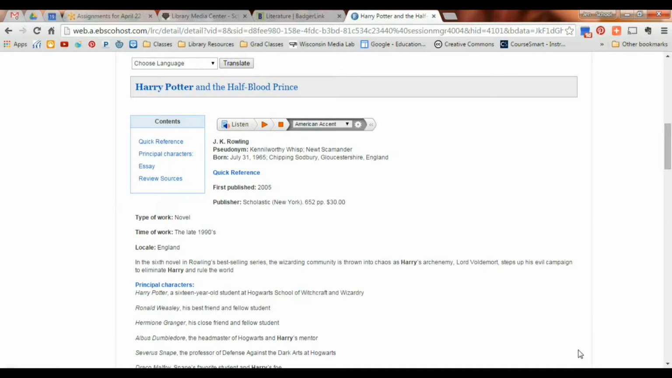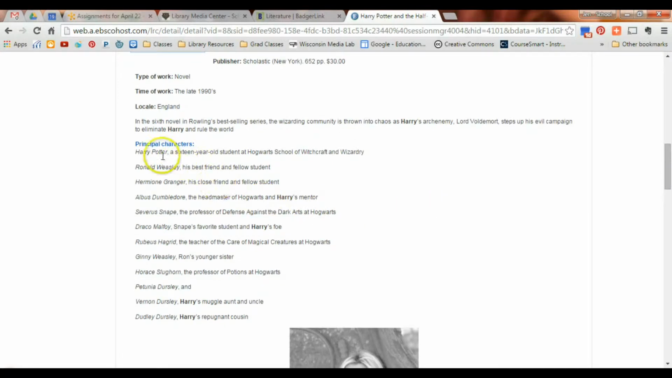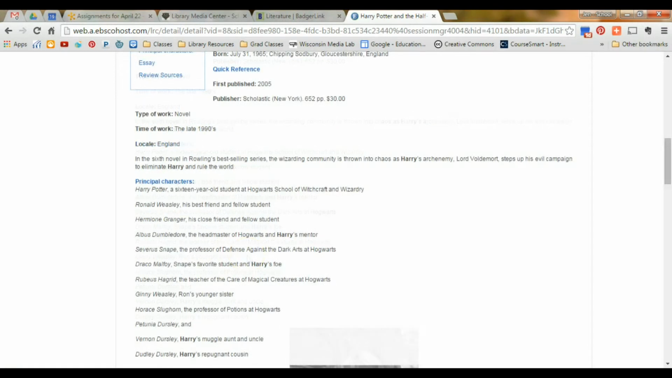Plot summaries can often be used to answer some basic questions about a novel. In this case, I want to know, how old was Harry in the story? Well, if I scroll down and look at the characters here, Harry Potter was a 16-year-old student at Hogwarts School of Witchcraft and Wizardry. Or, what is the name of Ron Weasley's younger sister? So if I keep scrolling and looking through the characters, Ginny Weasley was Ron's younger sister. Another question you might be asked is, what color hat does Cornelius Fudge wear? If I scroll down again,